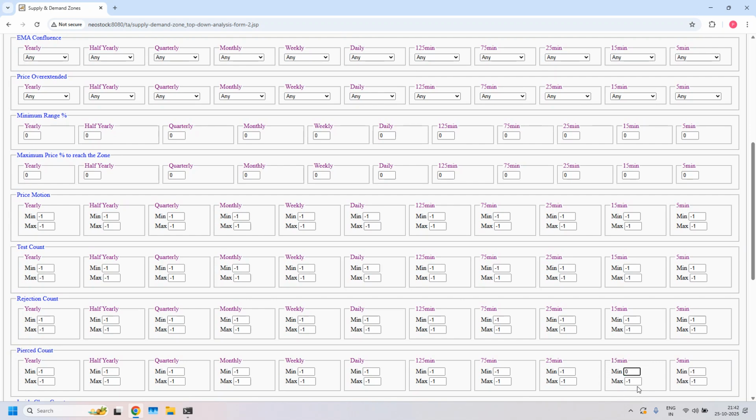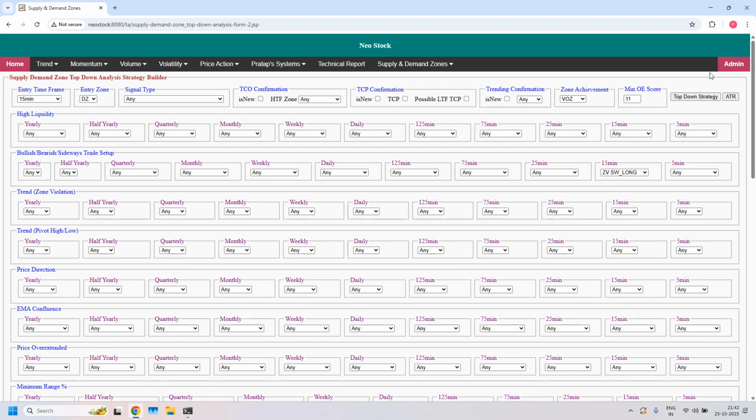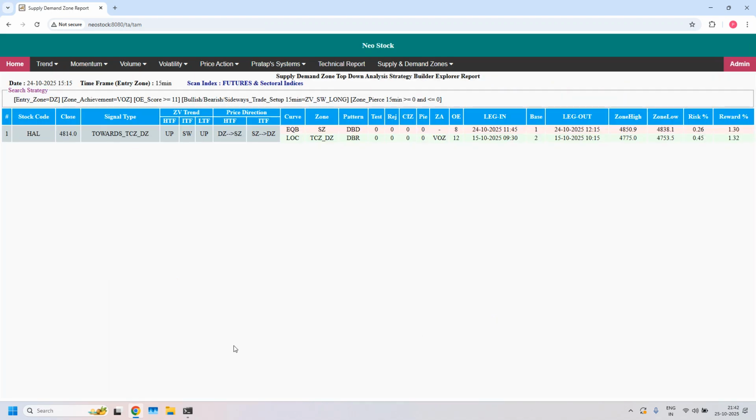Minimum value 0, maximum value 0. With these filters, we got 1 stock. Sideways long trade setup for daily income trade. Entry time frame: 15 minutes demand zone. You can plan the trade only if